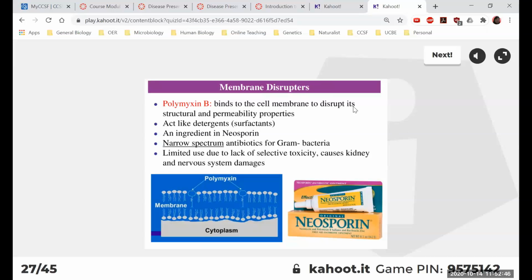And then finally, we have membrane disruptors. Polymyxin B. If you look at not the chemical structure, but basically the shape of polymyxin B, it looks very similar to a detergent or surfactant. It has a long hydrocarbon chain, so a long hydrophobic tail, and then a charged or hydrophilic head. Because structurally it's very similar to phospholipids, it can insert itself into the phospholipid membrane and disrupt the membrane integrity, and that can cause the bacterial cell to die.